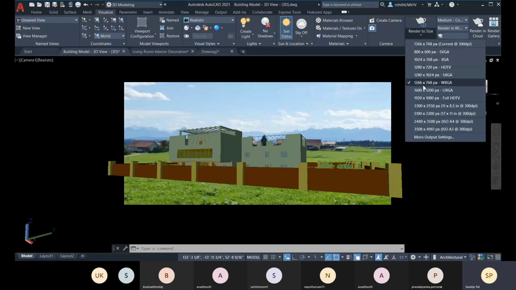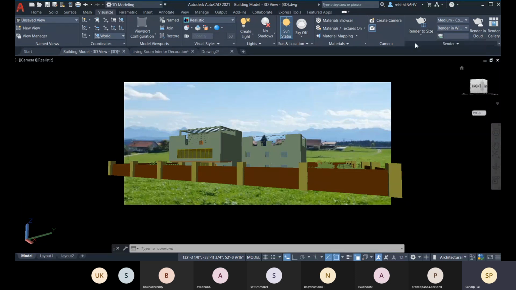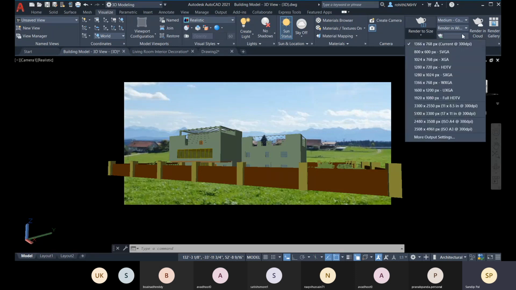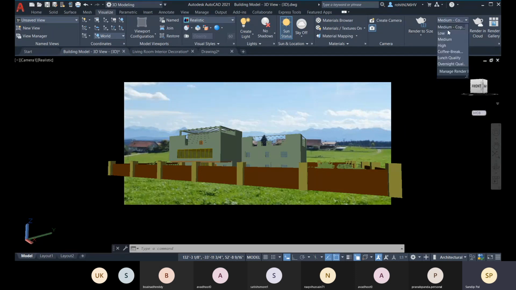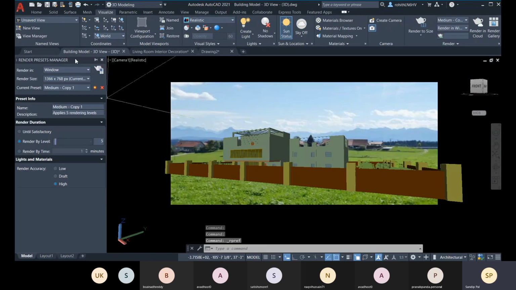So here you have the settings. I've already showed you how to select the output size here, and then you will set the render quality. Here we have some presettings. You can choose from the presettings, or otherwise you can click on it and the render presets manager will be opened, and you can customize it.